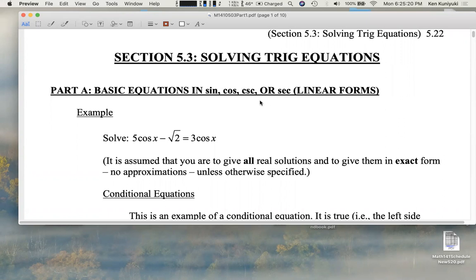Notice my two exceptions, tangent and cotangent, and think about how they're different, by the way. How are tangent and cotangent different from these other guys? And we're going to consider linear forms in these trig functions. Meaning, if you do a substitution, you basically get a linear equation. For example, here,